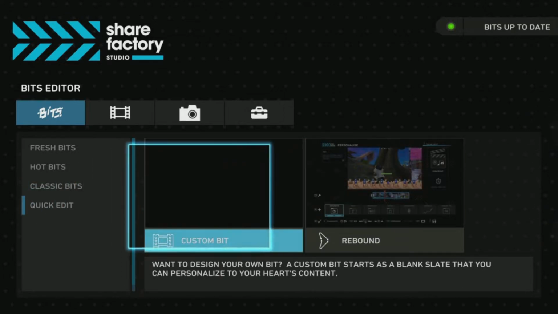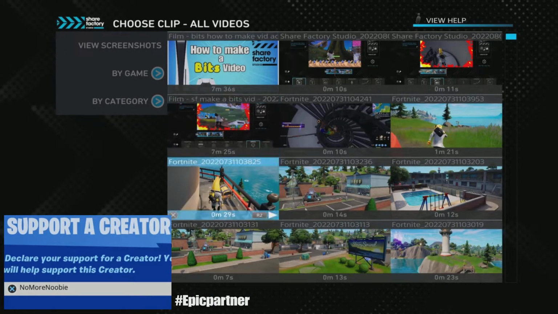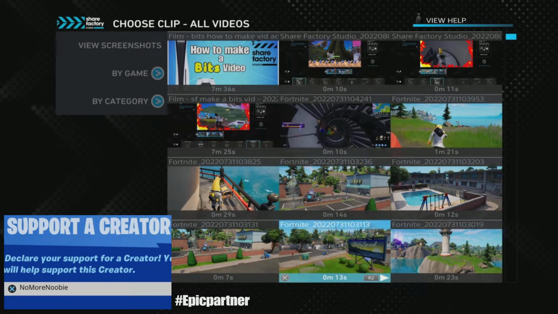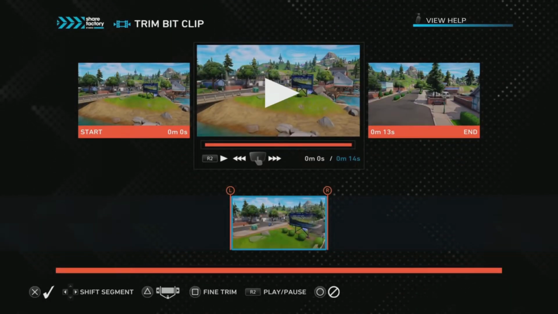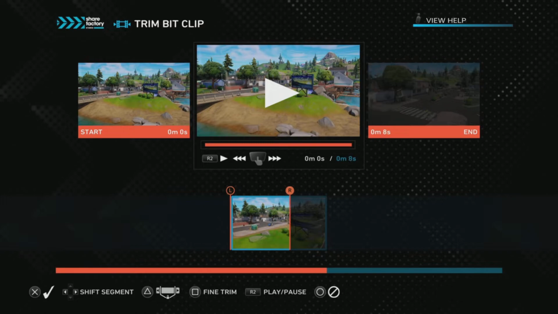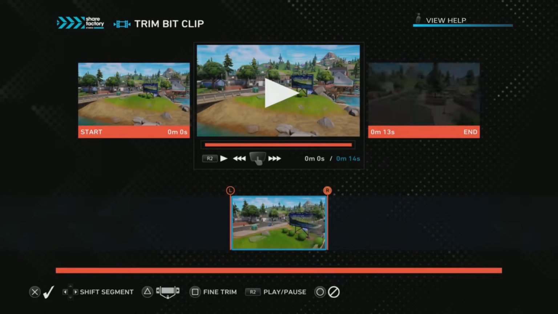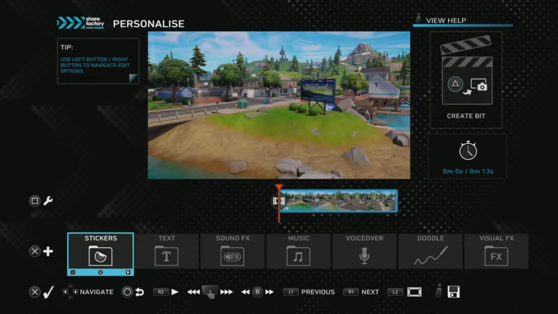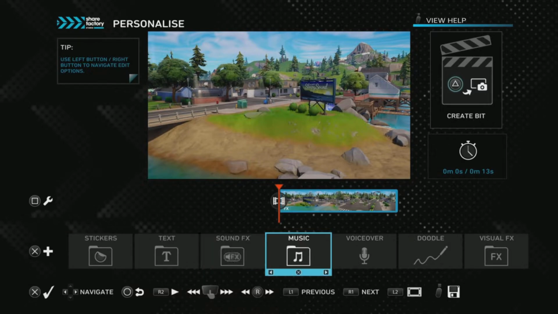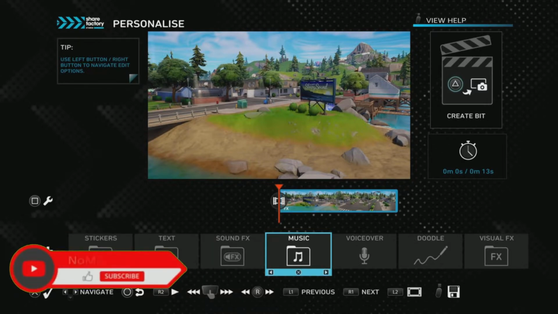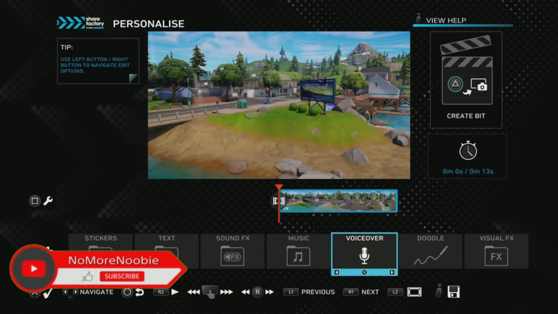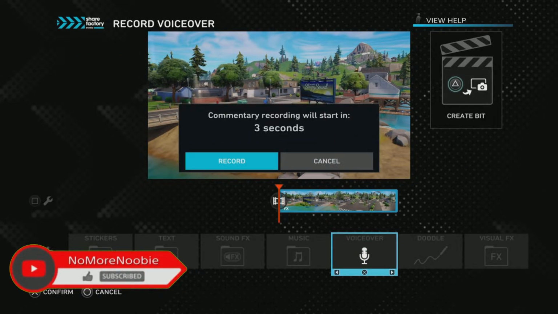I'm just going to go down to quick edit and go to custom bits so I can choose a different one that's nice and quiet. I'm going to choose this clip, which is 13 seconds long, and this is the first bit you come to before you can use the voiceover. You can change the start and end point of your video. Once you've done that, you push the cross button and then it will keep it like that for you. Then you've got all these other options that I've talked about in previous videos, so check those out if you want more information. To get started, we push the cross button on the voiceover button there,